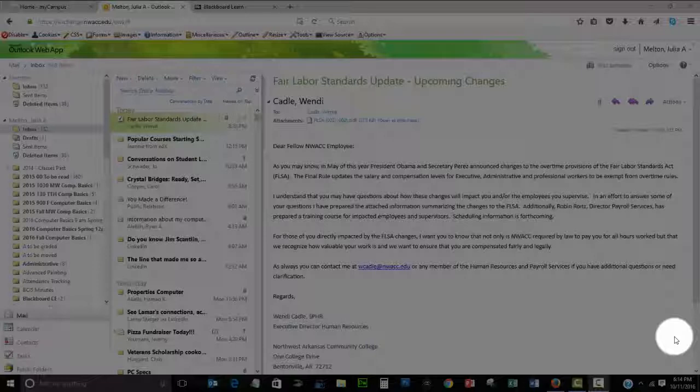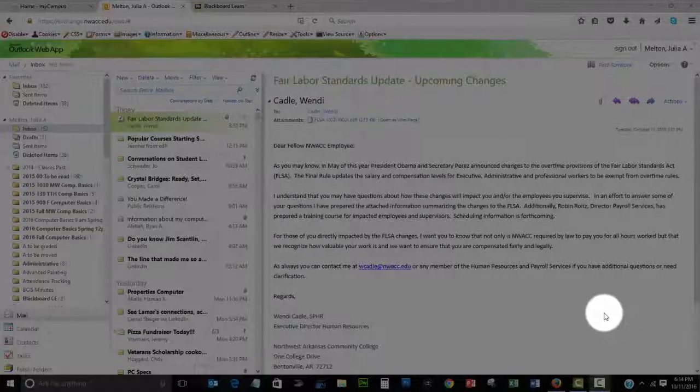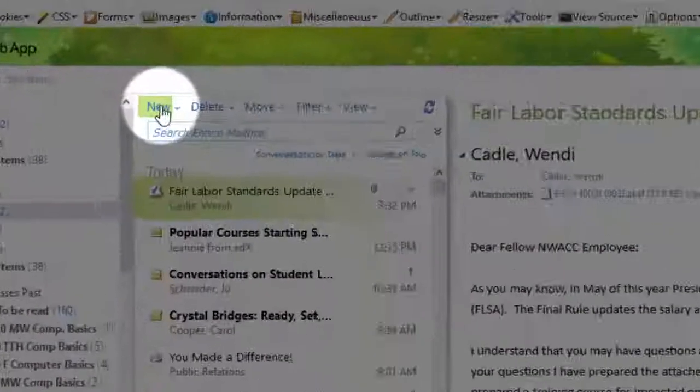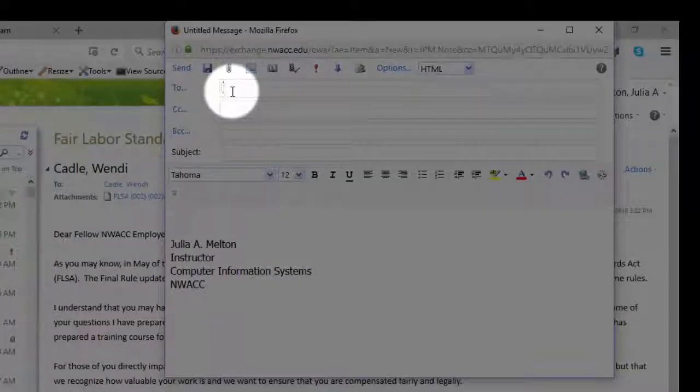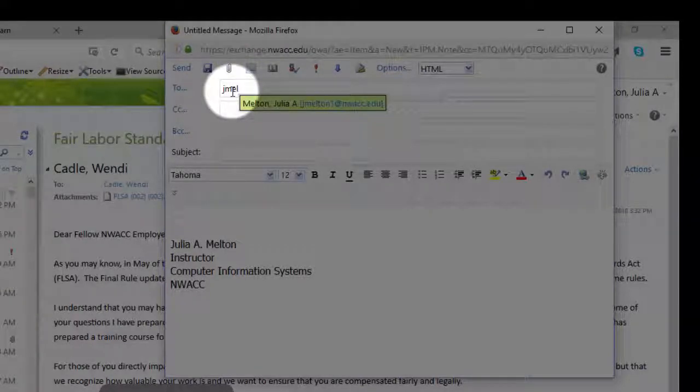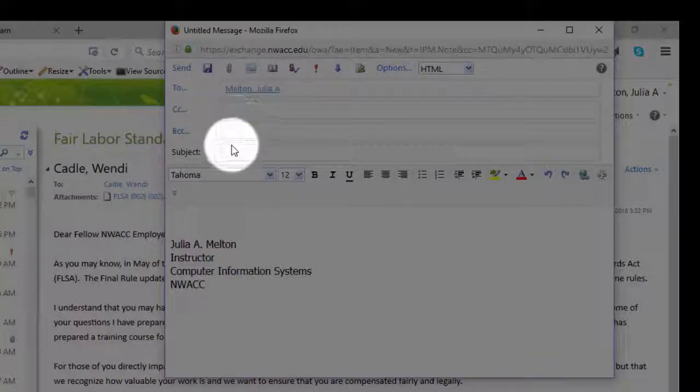Now we're going to our email to attach the file to our email. In case you don't know how to do this, I'm going to show you how. So we click on New, and that pops up the new email that we can send. You're going to send it to me, J. Melton, and if you've already sent email to me, it should automatically pop up my name. So you just click once on that, click in the subject line, and you're going to type in PC Specs, S-P-E-C-S, project,